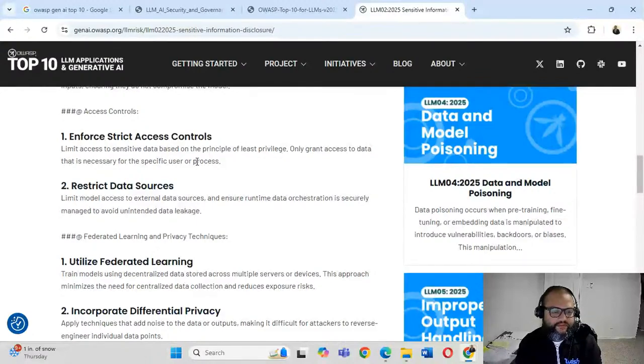And from the user side, let's see what they mean. Strict access control, maybe I don't think it makes much sense from the user side. One thing the LLM owners can do is containerize their instances for the user.